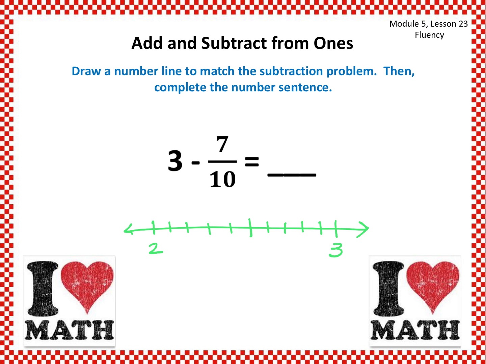So this is going to be 2 and 5/10 right here. We're going to start at 3 and we're going to subtract 7/10. So 1, 2, 3, 4, 5, 6, 7/10. And I can go from 2, 2 and 1/10 right here, 2 and 2/10, and that's 2 and 3/10